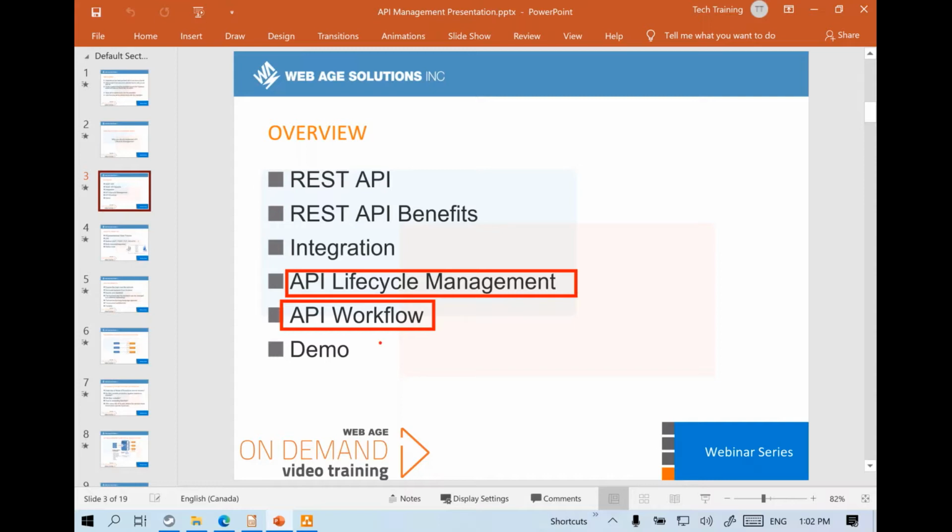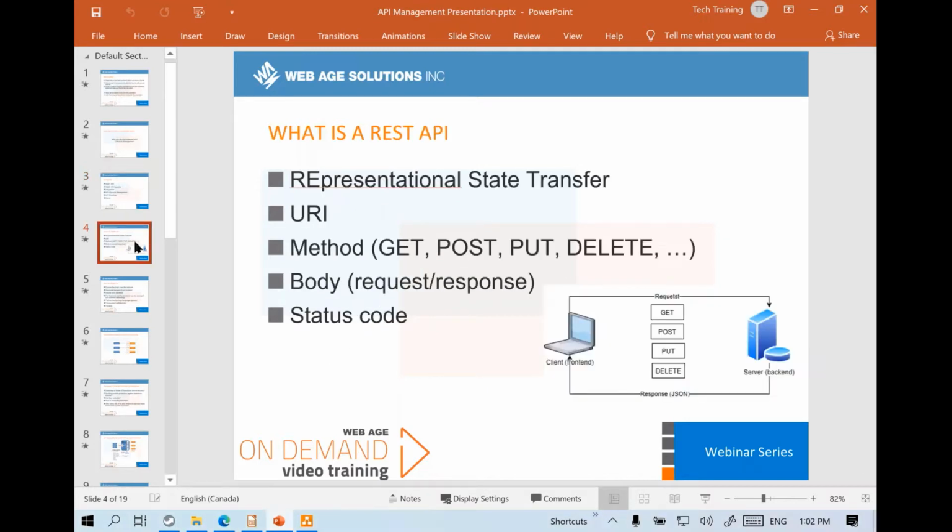I'll show you a demo of how we can use a ready-made, off-the-shelf API management solution, such as Apigee. You can choose to use an Azure-based technique as well. Azure has its own API management gateway. There are lots of gateways available, so you can use various ways to work with your API lifecycle management.